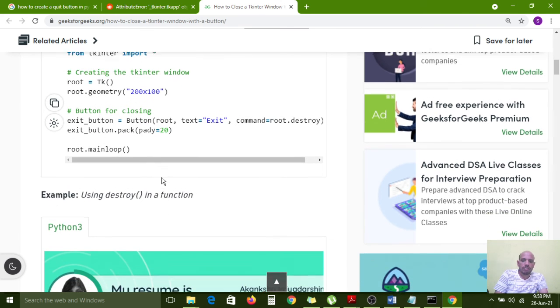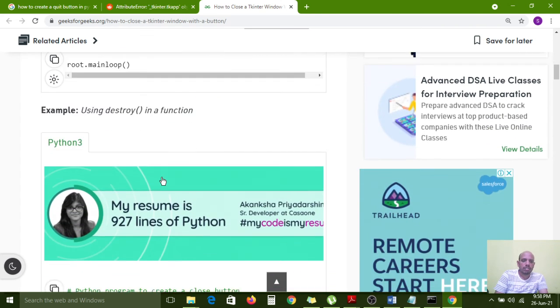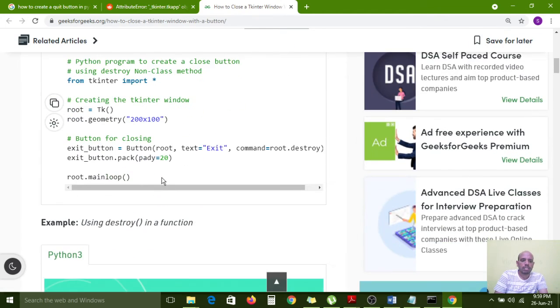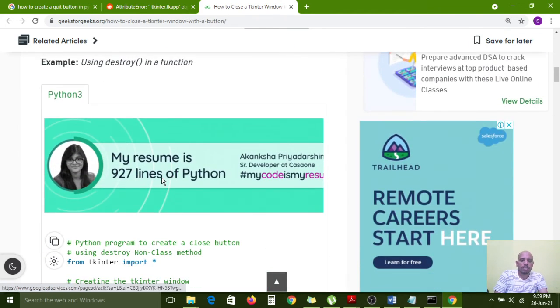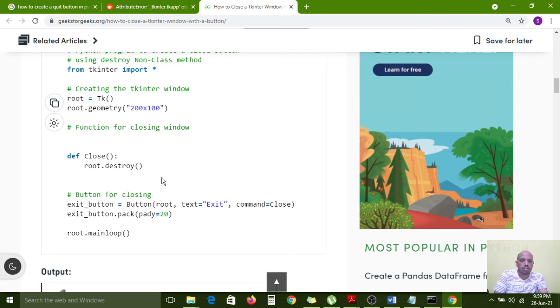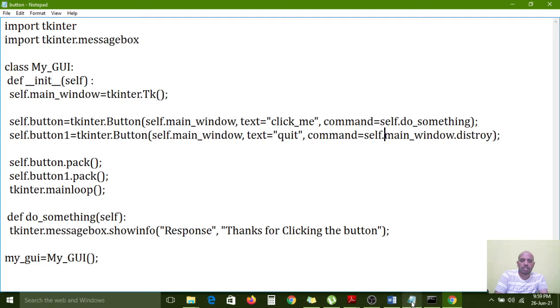Using destroy in a function in Python 3. Tk root command close we have now, close root.destroy. So we can create one more function, just wait.